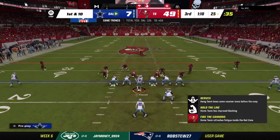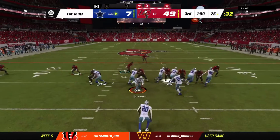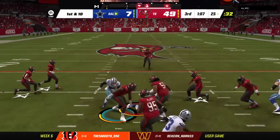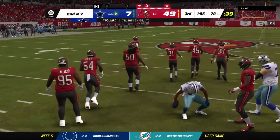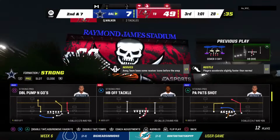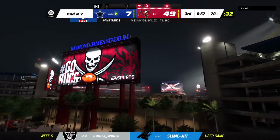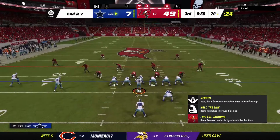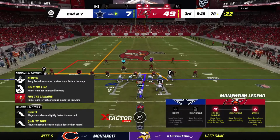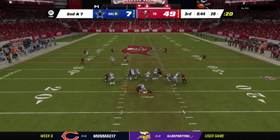About set for this next drive by the Cowboys offense. Well, this has been a tough one for them, Charles. They've struggled really on both sides of the football. And one thing that's really plagued them, the turnovers. They've had issues keeping the football in their possession. And in every game that's ever been played, all coaches talk about taking care of the football and limiting turnovers. And in this one, after we saw that first turnover, we worried that things would snowball, and it certainly did,